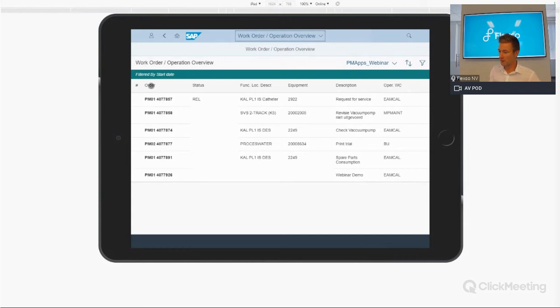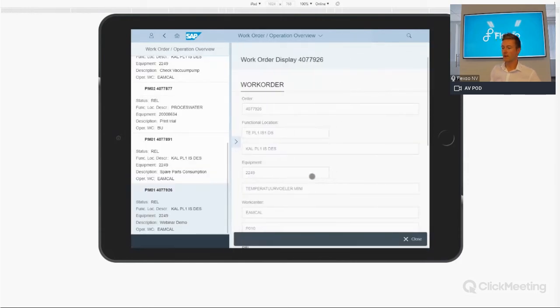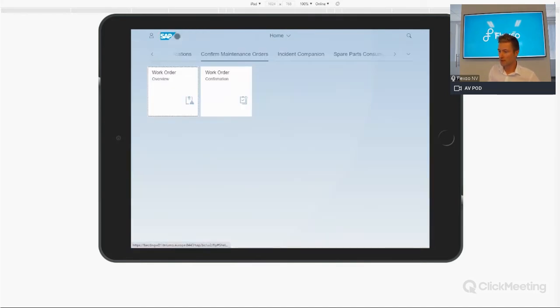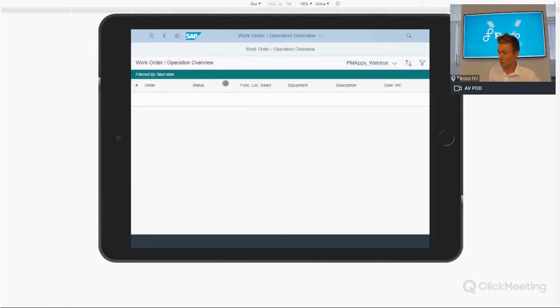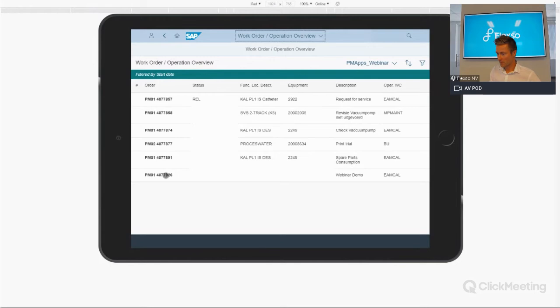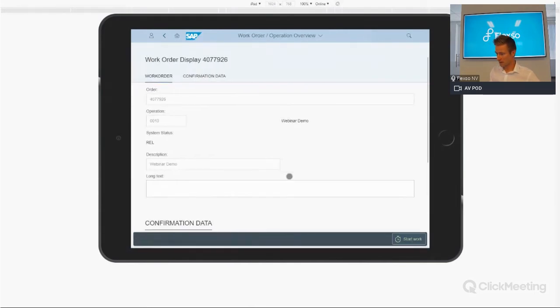You can filter them. So here you see, for instance, that the corrective and preventive maintenance order types are combined together, so that you can easily filter them out. Again, the same logic applies. You click on the line to see more details about the maintenance order. So what I'm going to do now is make a confirmation on a specific maintenance order. For this, I'm going to select the last order, and